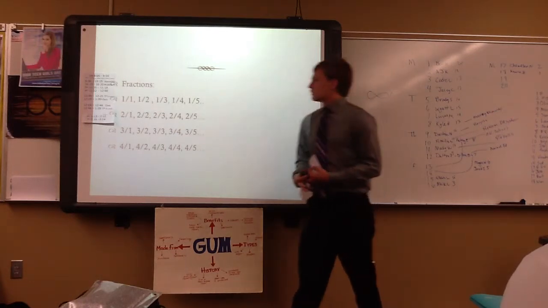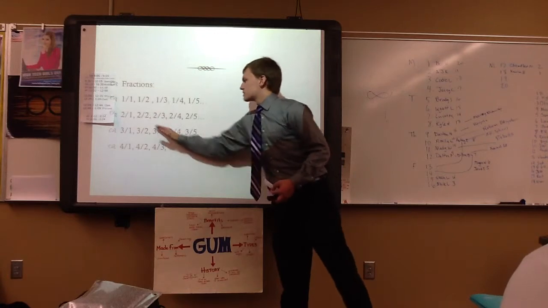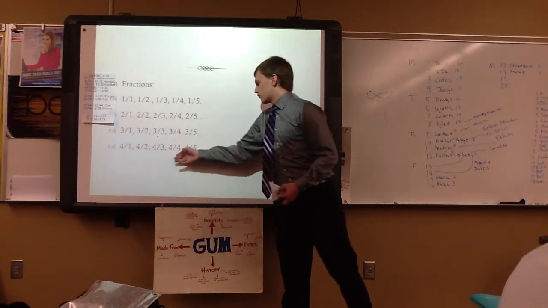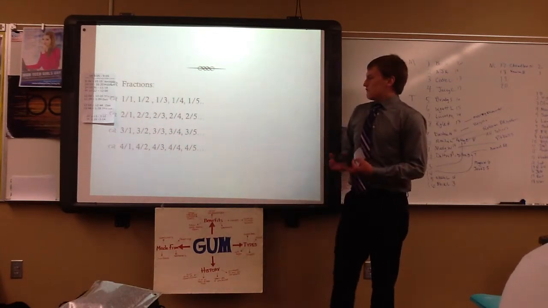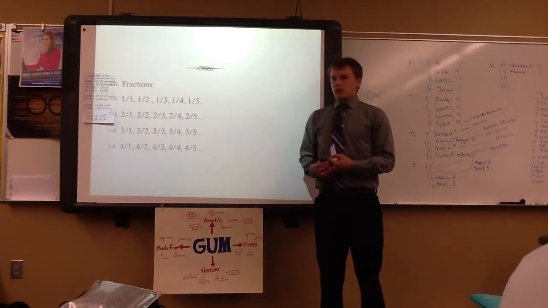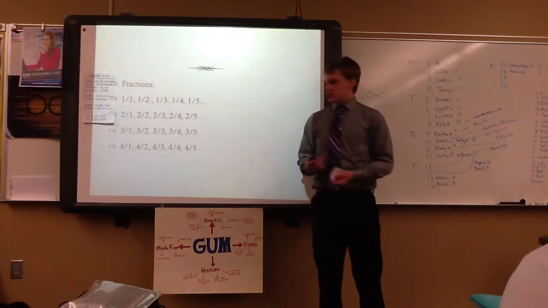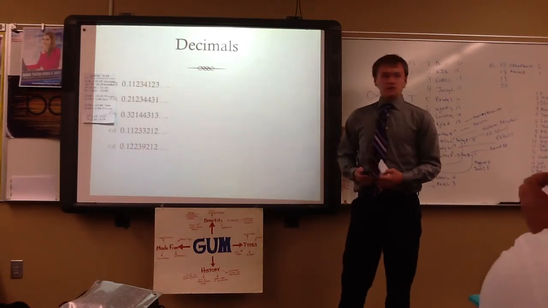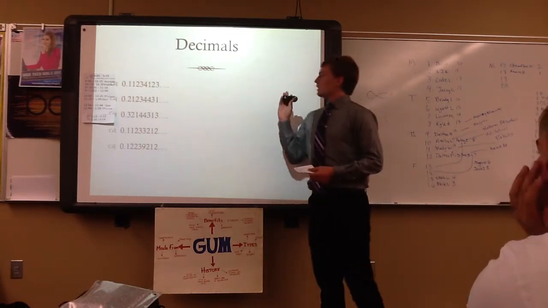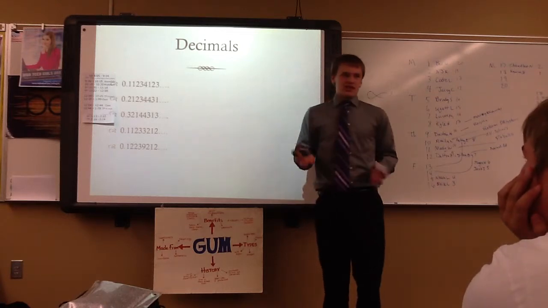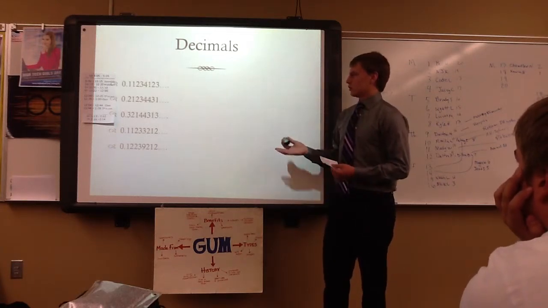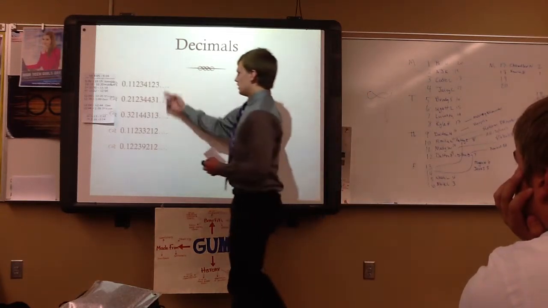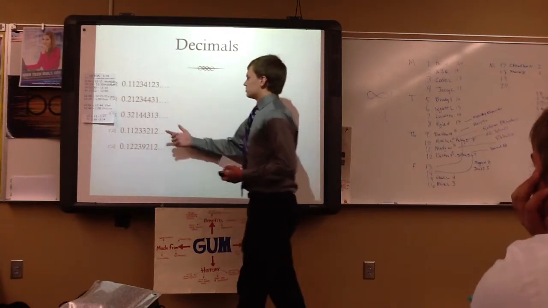So 1 over 1, 1 over 2, 1 over 3 will end up somewhere in this line, or 2 over 2, 3 over 3, 4 over 4. Eventually, you'll get every number, every fraction anyways. So, should we add decimals to that? I think we should. So, I've talked to you about sort of the easier ones. Now, I'm going to throw a loop. So, we have all our decimals, just a few little things.